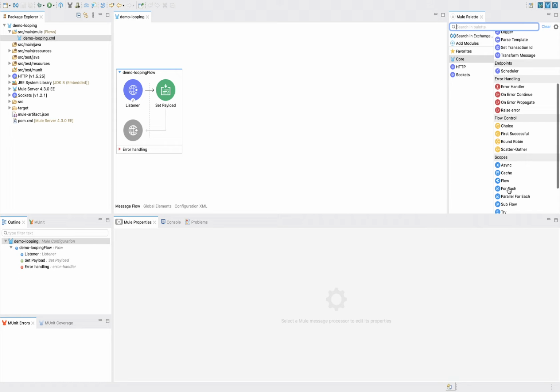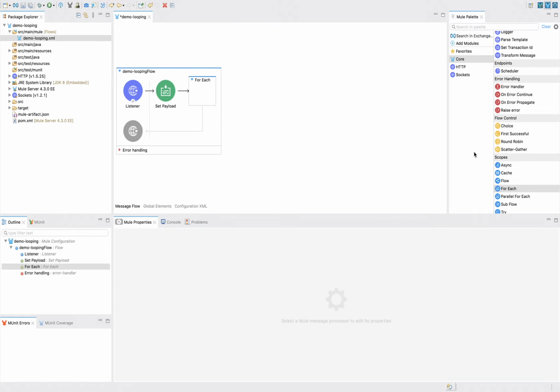Now first we will use this for each. Okay, let me set one variable also.